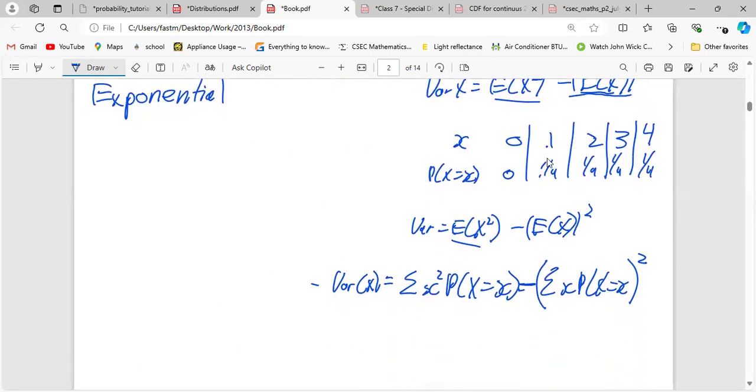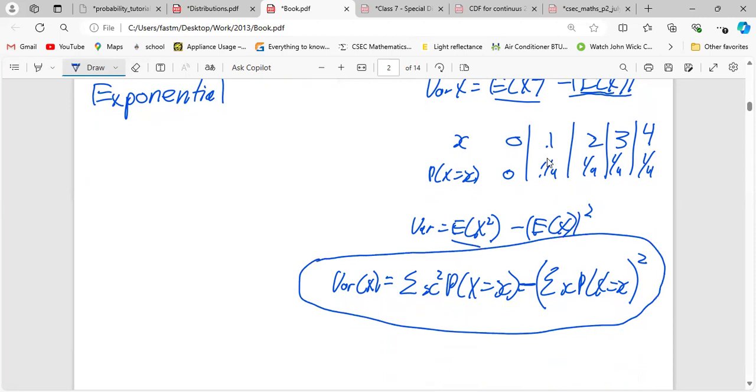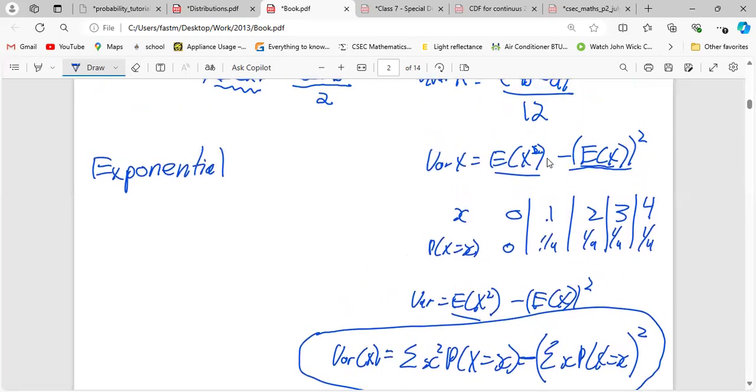Anytime you're stuck with calculating the variance or anything, just remember this equation. It will always save you in here. Alright, so that is something to remember. Anyway, so for that, the exponential one